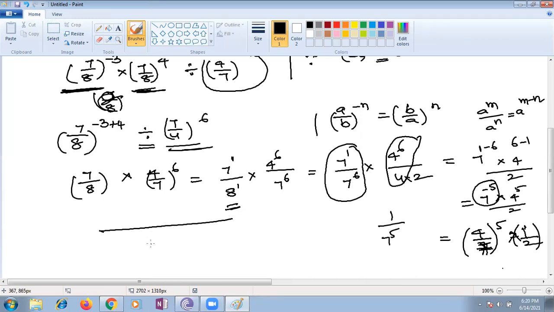Children, I'm checking everything, whether you are doing the steps and using all the properties. I'm giving marks correctly. I didn't cut marks, because if it is an MCQ, you can check the end answer and write it. But here we are not giving the end answer; you're supposed to find out and express it as powers of rational numbers. So I'm seeing the procedure. If you are doing it correctly, I'm giving full marks. I didn't cut any.